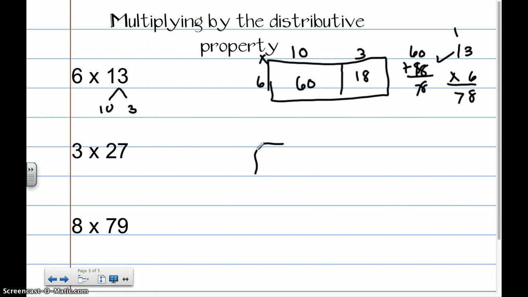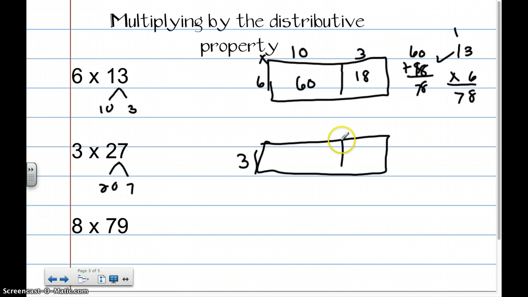I'm going to do another strip diagram right here for 3 times 27. I'm going to put the 3 here, and then I'm going to break 27 down into 20 and 7. 20 is bigger than 7, so I'm going to put 20 up here and 7 right here. 3 times 20, well I know 3 times 2 is 6, and then I can place that 0 behind. 7 times 3 is 21, so I can do 21 plus 60. And that's 81. Now I can do